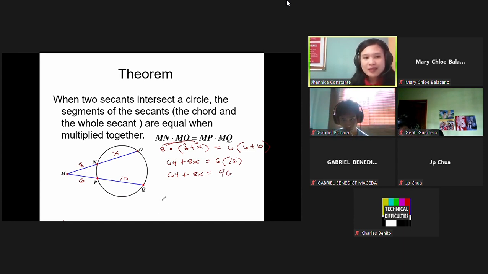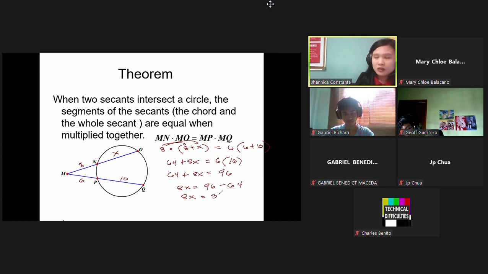So combine similar terms. We're going to transpose 64 to the other side of the equation. So we have 8x equals 96 minus 64. So 8x is equal to 32. Divide both sides by 8. So x is equal to